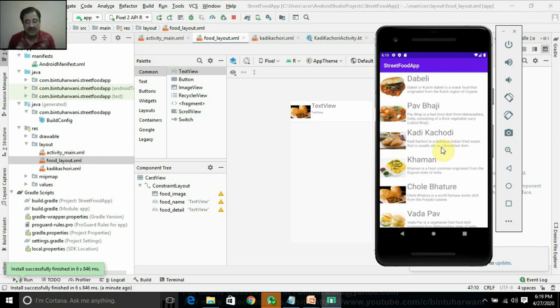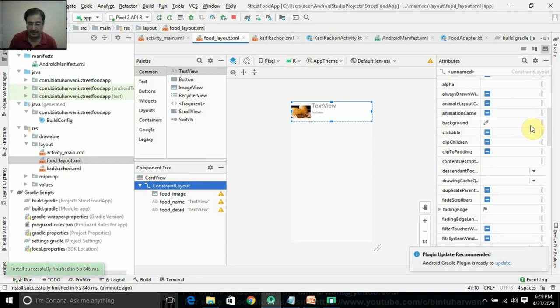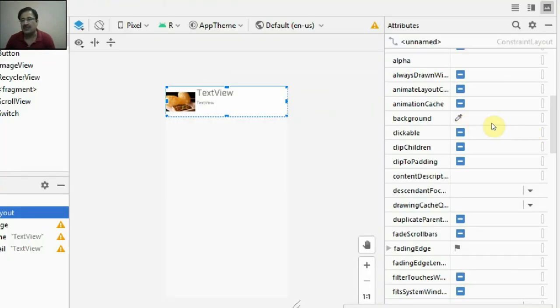Secondly, see, we will be uploading this app on the Play Store also. So it should be very attractive also. This app is not looking very magnetic. So we'll apply certain changes to it. So first of all, we'll change the color of the constraint layout. Here, in its properties, you can see its background here. Let me maximize it. See, can you see this background?